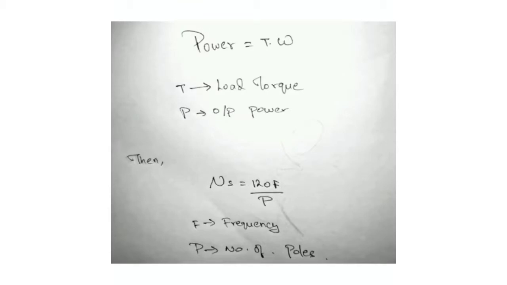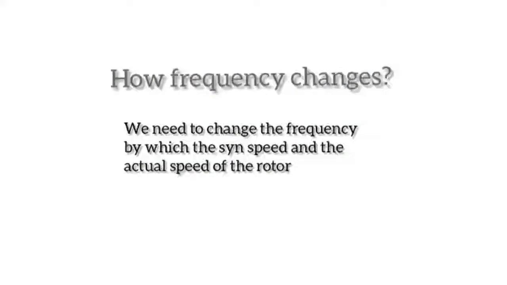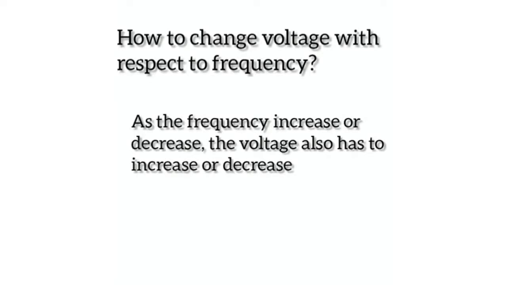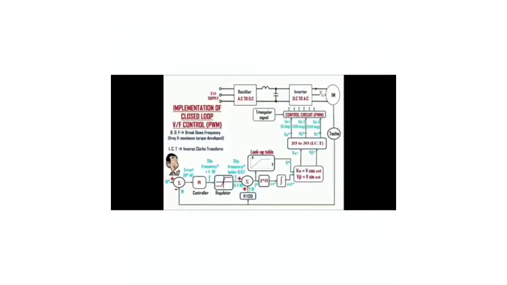Now with this desired voltage V star and the angle theta star, we can get three sinusoidal signals for the PWM control circuit. To avoid confusion, first convert into two sinusoidal signals, that is V alpha and V beta, which have a 90-degree phase shift. Now these desired two-phase V alpha star and V beta star are converted into three-phase V A star, V B star, V C star. This is done using the inverse Clarke transformation. Finally, we get the desired V A star, V B star and V C star.